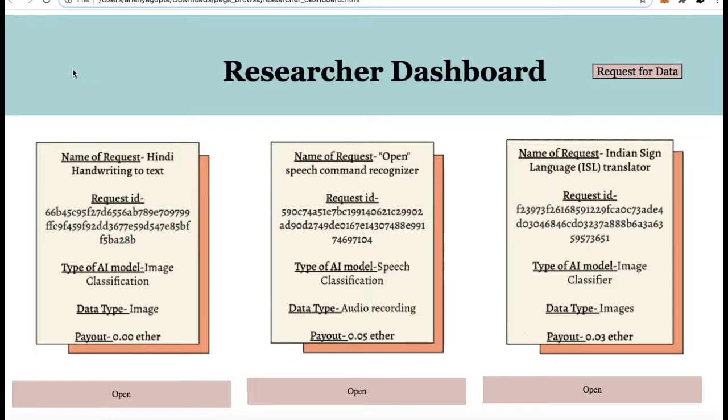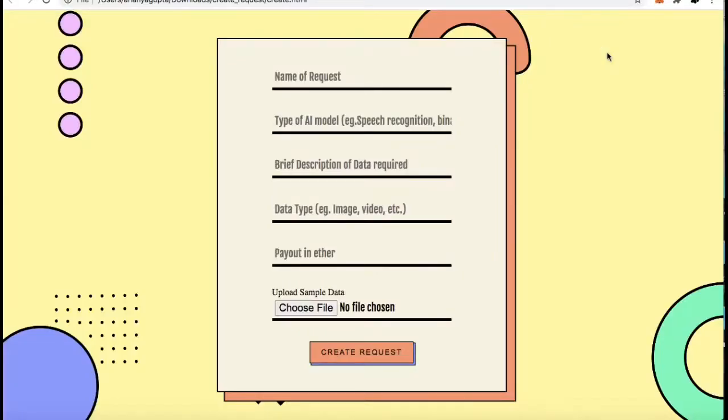Okay, so now we're going to move on to demonstrate how you can create a request for data in the first place. As you can see, we're now at the create a request page where the researcher basically adds in information to put up the request for data. So the name of the request is going to be gridparity, type of AI model, binary image classifier, brief description of the data, so male and female, cartoons,